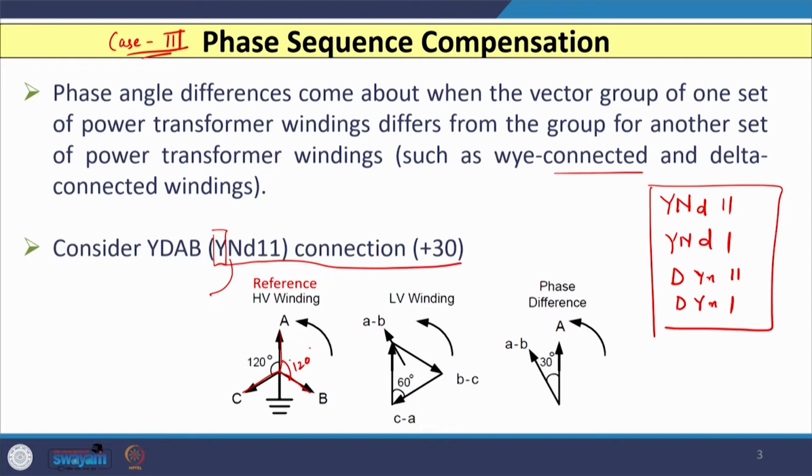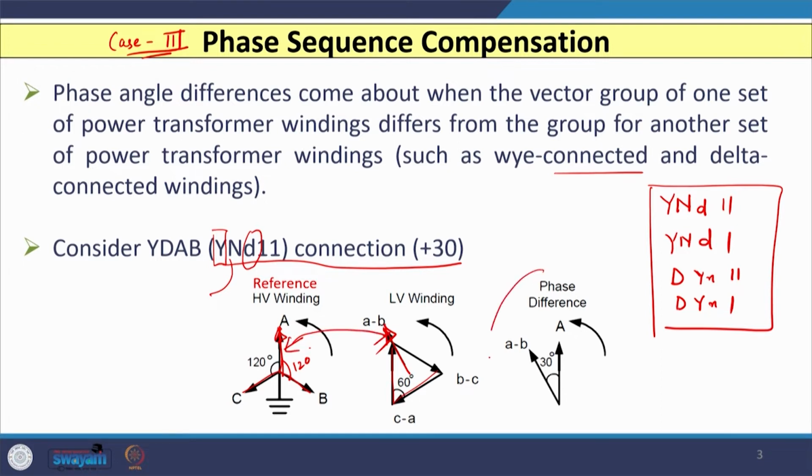So, we have the phasor like this, and normally in all the cases we consider the HV winding as a reference phasor. On the other hand, if I consider the delta winding, then we can have the delta winding with AB, BC and CA like this. So, we have the phasor like this, and if you compare this phasor and this phasor,